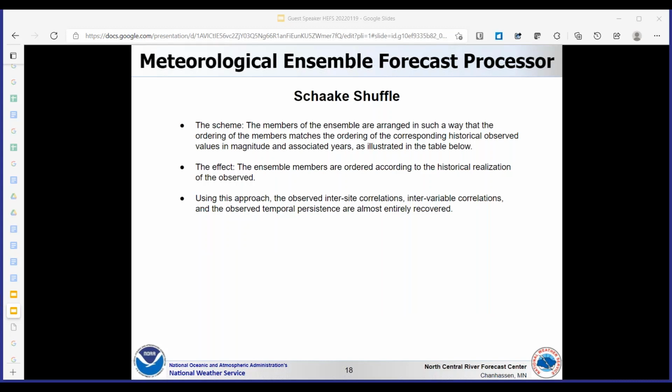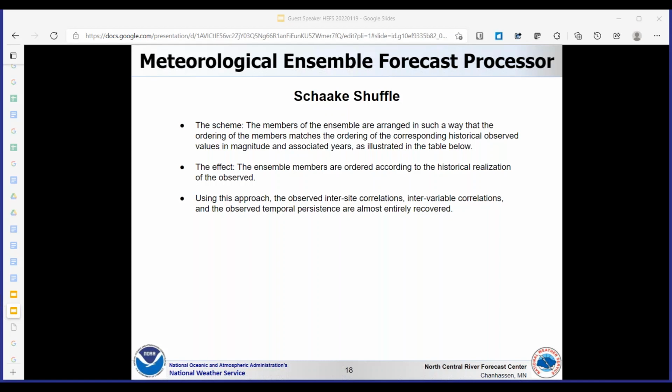The process was developed by John Schaake. He was a hydrologic scientist for the Weather Service. And the process is called the Schaake Shuffle. So the scheme is the members of the ensemble are arranged in such a way that the ordering of the members matches the ordering of the corresponding historical observed values in magnitude and associated years.